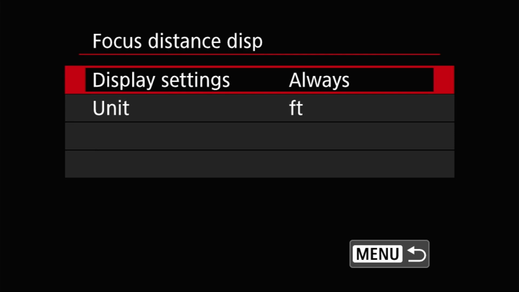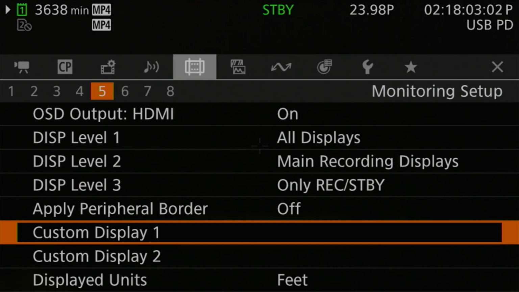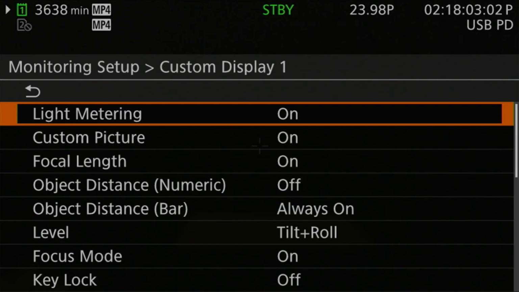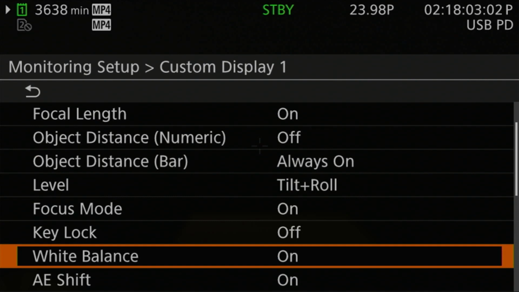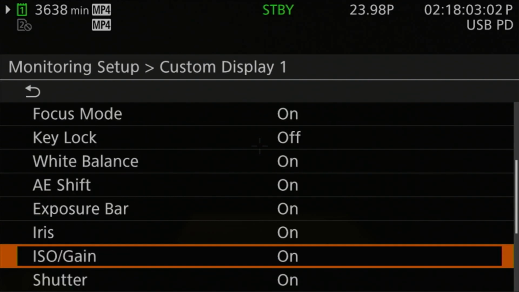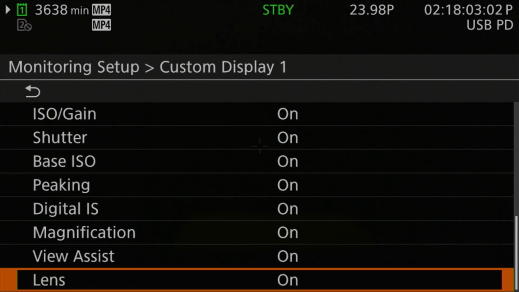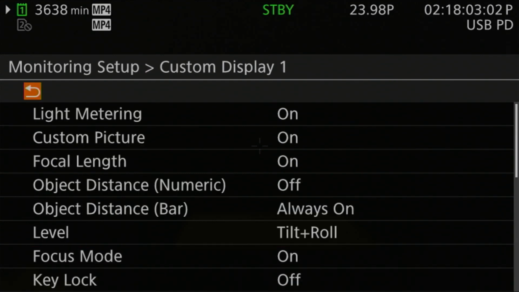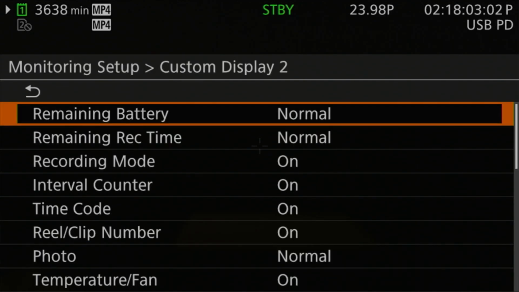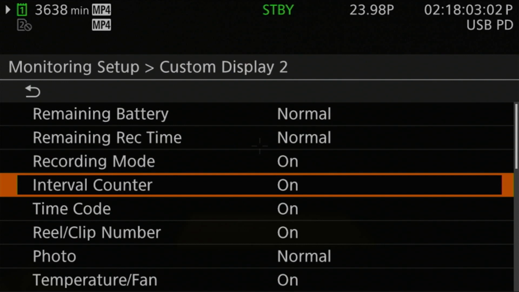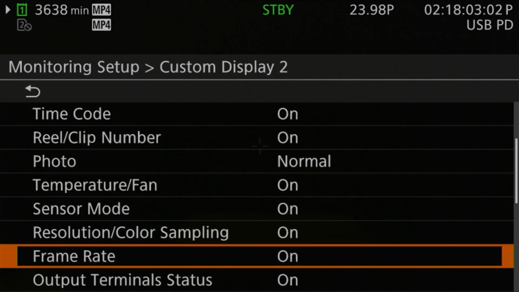So on the R5, you have very coarse control over what's being displayed. There's only a few functions that you have individual control over, specifically the grid, level, and histogram. But if you don't want to see specific sort of tangential or shooting information, say, for example, the picture style or the digital lens optimizer level, you can't turn them off individually while still displaying others like, say, the metering or drive modes. Now on the R5C, virtually every element that's displayed over the live image can be toggled on